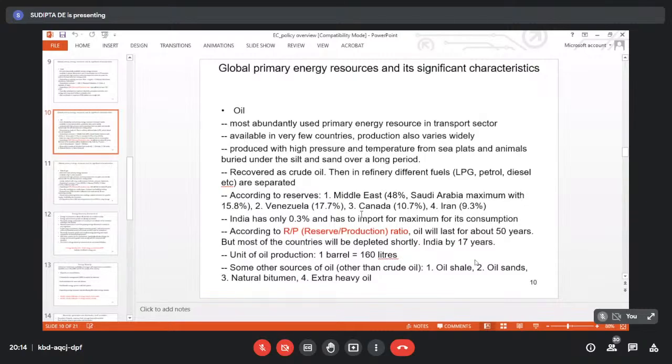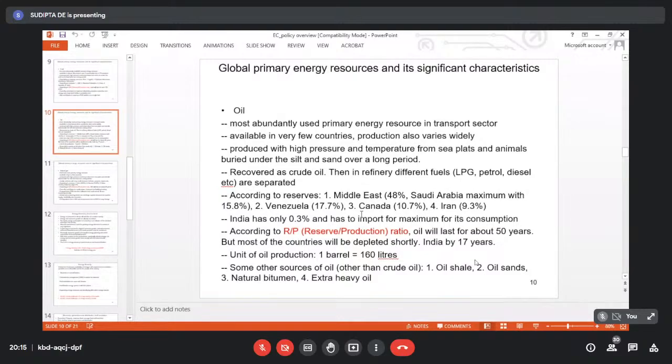Interestingly, the current trend is that most countries, due to compulsion, and rather for two consecutive reasons, first is lack of oil available in the country, and second is environmental pollution mitigation, are trying to switch over to electric mobility. That means electric battery based vehicles have become the priority of most advanced countries, and India also, because India has more compulsion not with respect to pollution but with respect to oil scarcity.